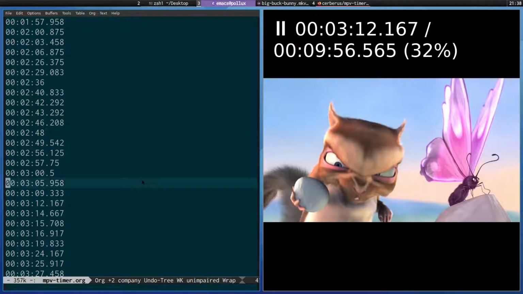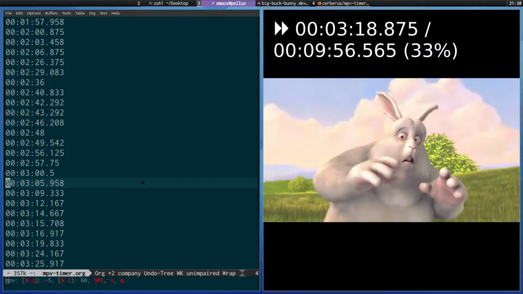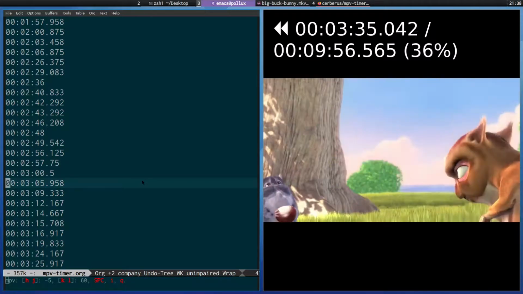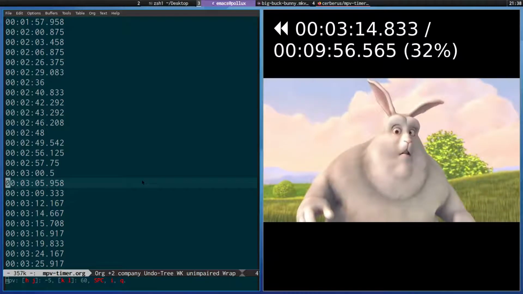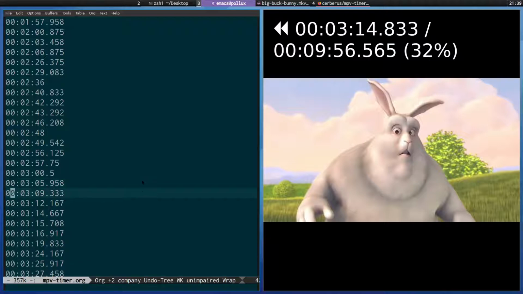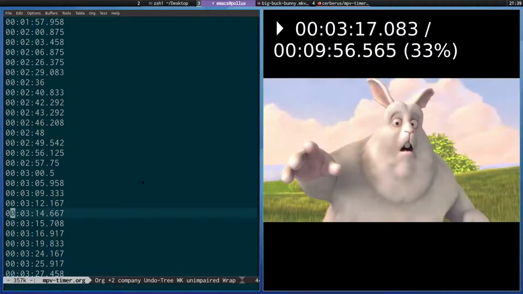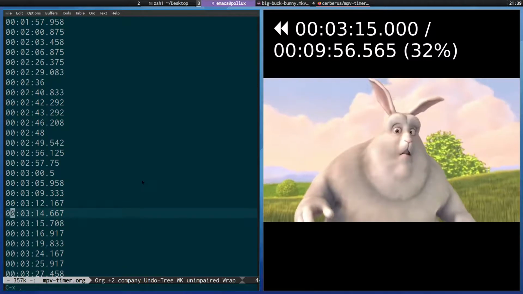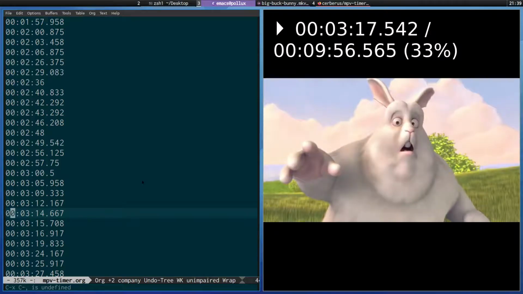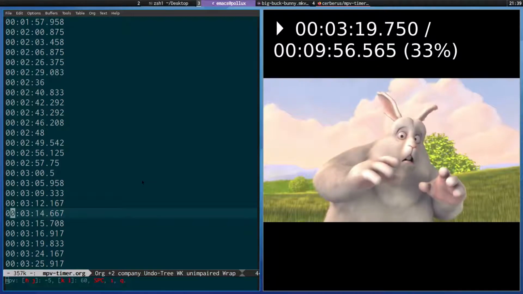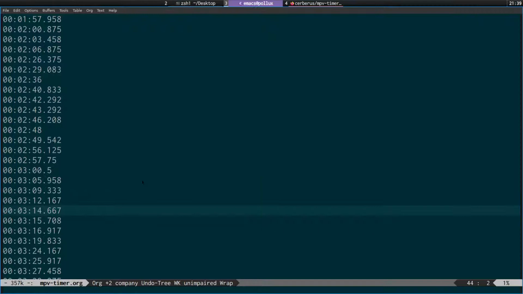And again, I press F2, space. So I can see here, like, here's 314. So what I can do is press E, which releases me from the hydra. And that's how the timestamps are more accurate than the